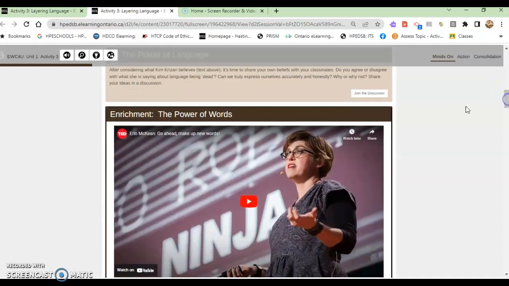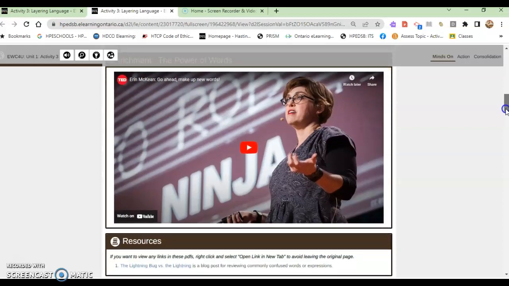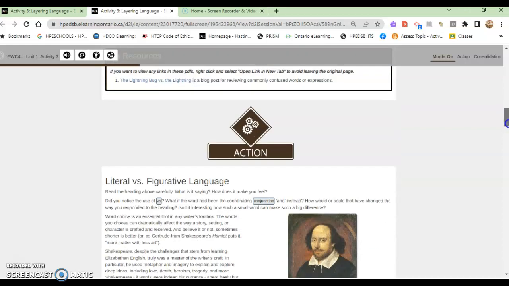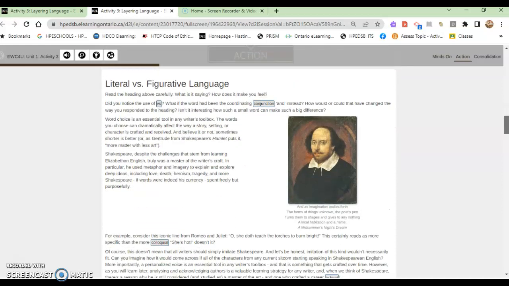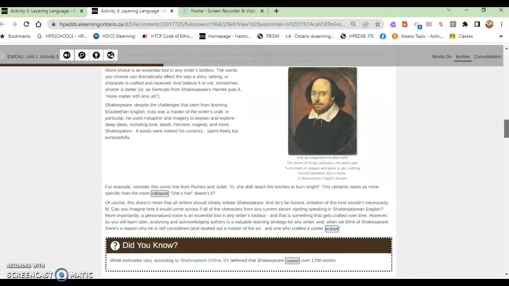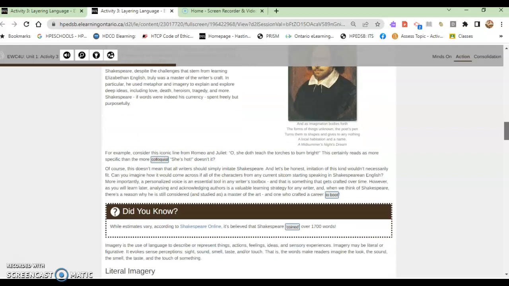So we're going to carry down. Anytime you see enrichment, that just means here's an extra video about something connected to the content, and you can go through resources. You can do any of those things, or you can just carry on. I treat content like a textbook, so there's lots of information. You can choose how far you want to go into this.